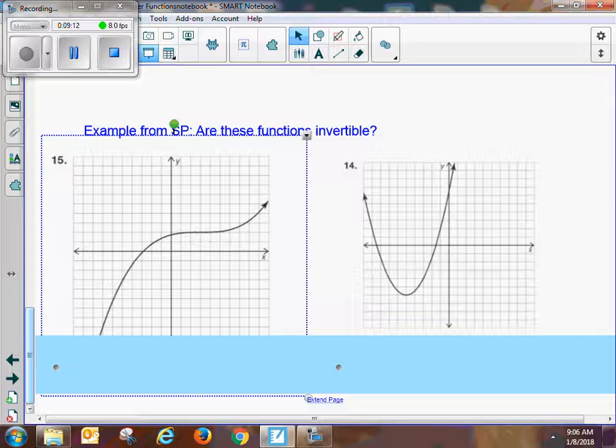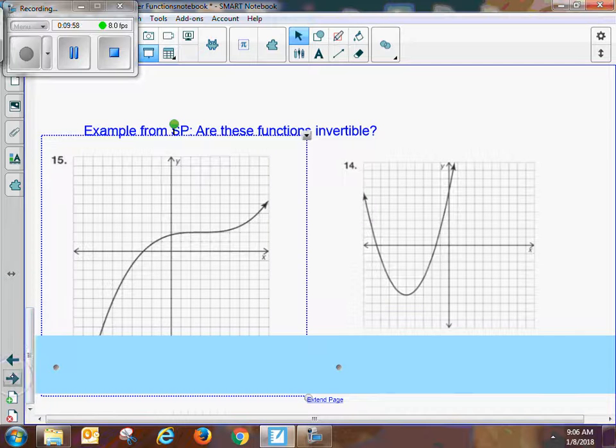Everybody see why? Okay, so if I looked at 15 and I go back to end behavior from last semester, would you agree it's an odd power, so it looks like this? Okay, so odd degree, odd power functions, and we just said for this one, yes, it's going to be invertible. I'm going to show you in a sec with a picture. This one right here, when I rotated it 90 degrees and reflected it, what was going to happen? It's going to look like a parabola on its side, and we know that that's not going to be a function. That's why that's not invertible. Is 14 even or odd power? Even. So that one was not invertible. 15 was odd power, invertible. You see how I'm coming up with my own rules with this? Okay,